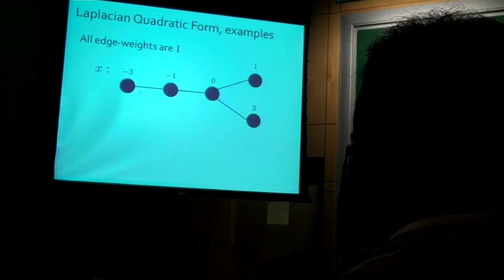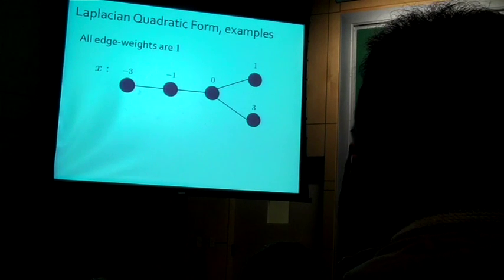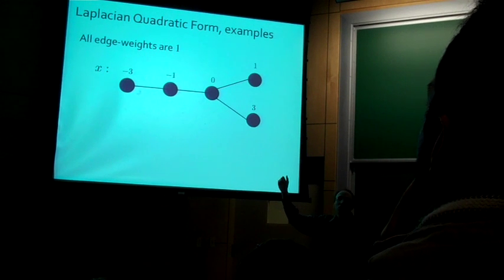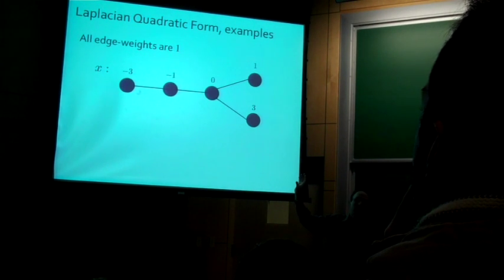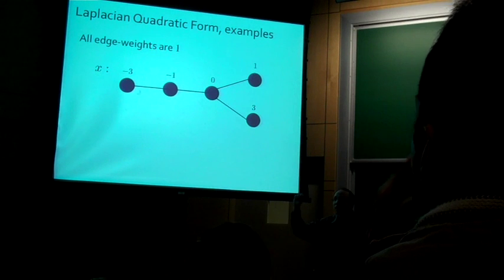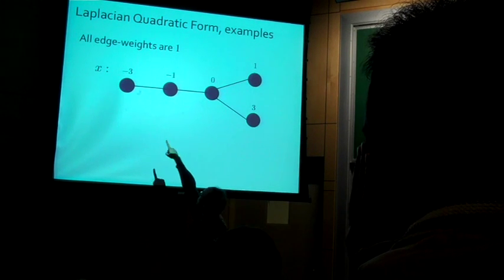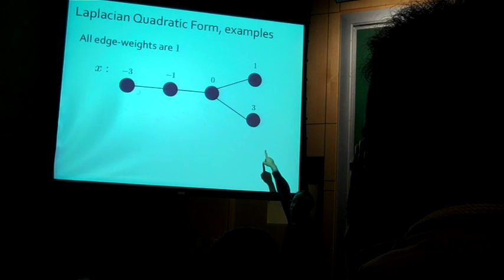This is going to be our notion of approximation, but first let me be concrete and do some examples. So let's say here's a graph that I've drawn. Let's imagine that all the weights of the edges in the graph are 1. That will make our life a lot easier. And now you have a function on the vertices, which I've drawn here in black. I don't know if you can see it. -3 down at this vertex, up to 3 at this vertex.